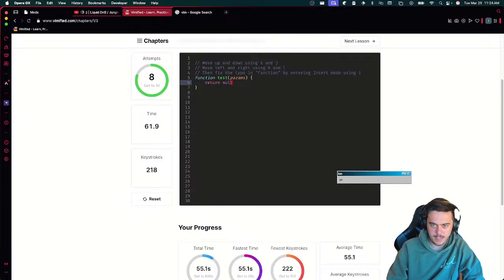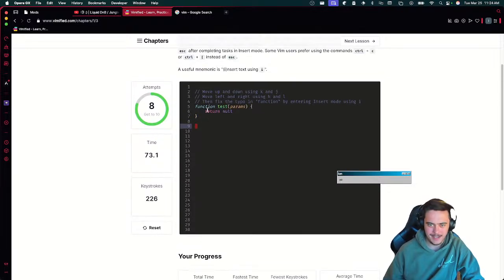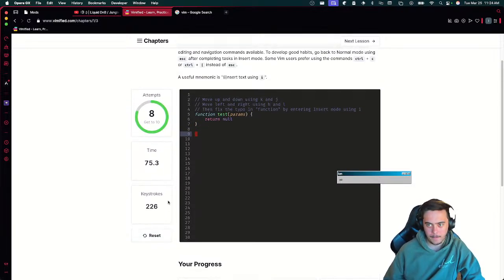Oh, is this missing a semicolon? Is that what it's yelling at me about? No, it's not. Okay. So I did that. I would be done, but it's lost its damn mind. It doesn't know what it's doing. Okay, reset that.